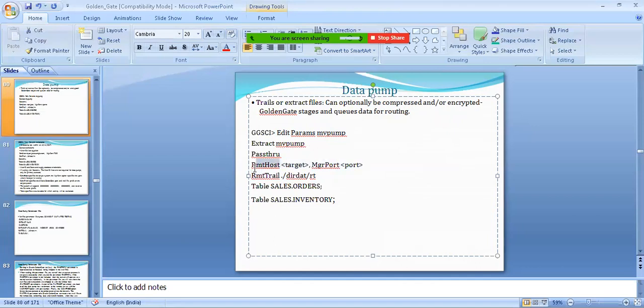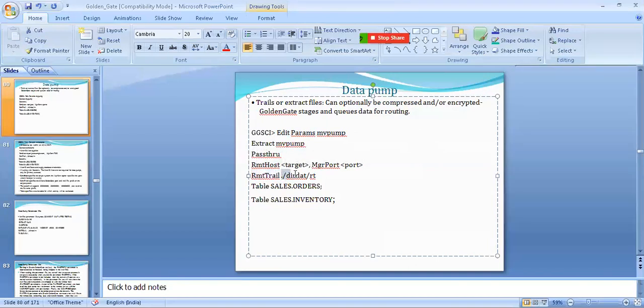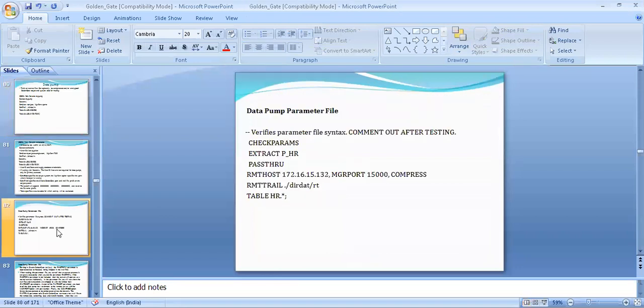Here we are using RMTHOST. RMTHOST means remote host. So we need to give the IP and manager port number of the remote or target database. RMTTRAIL means remote trail file. The remote trail file will be stored in this location. We need to give this location name. Then the two tables getting replicated, we need to mention in data pump as well. So data pump is the same as the primary extract.